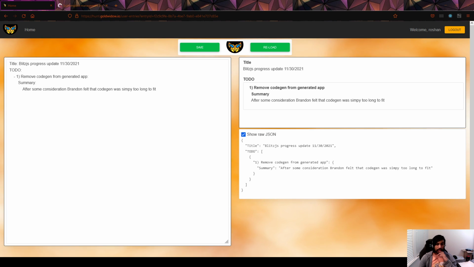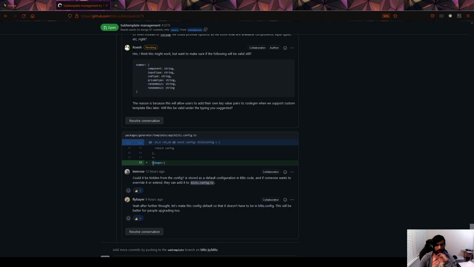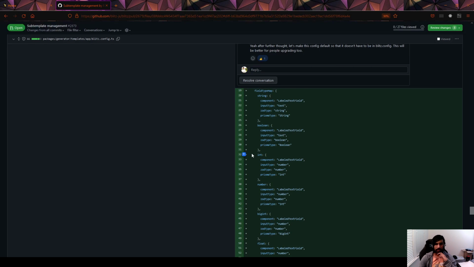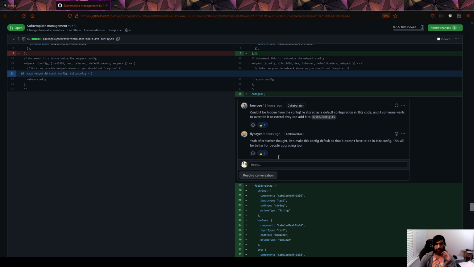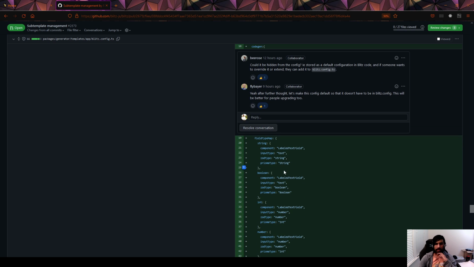Okay, yeah, might as well get started here. So the first thing we're gonna work on is this codegen piece. We have a massive map. This basically tells the code what resource we want to use